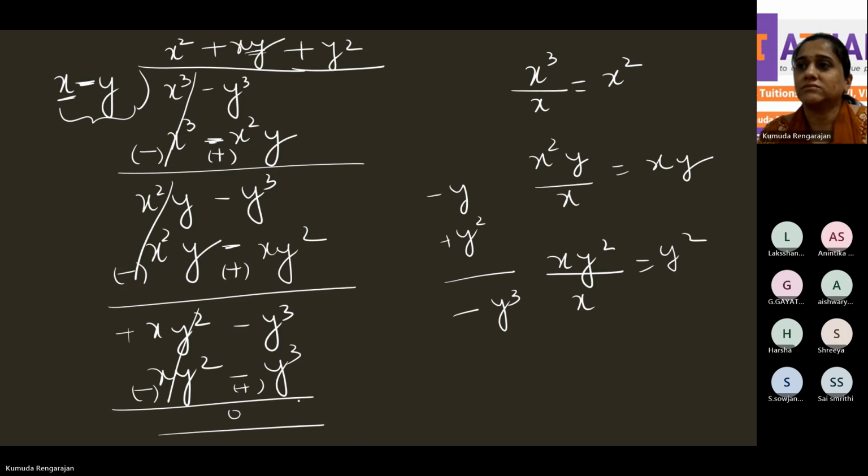All right, children. That's it. So what do you conclude? X cubed minus y cubed is a multiple of x minus y because the remainder is 0. X cubed minus y cubed is a multiple of x minus y, and x minus y is a factor of x cubed minus y cubed. And using the division algorithm,